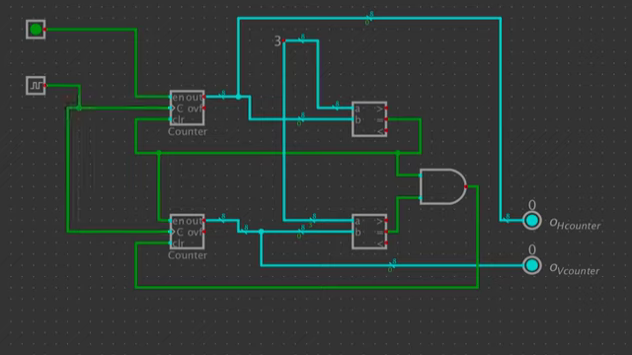Okay, as you can see here, we have a circuit. We have some constants, 3 and 3. What we have here is two counters that are currently disabled. This input is the enable, and currently it is off. We have a clock running,